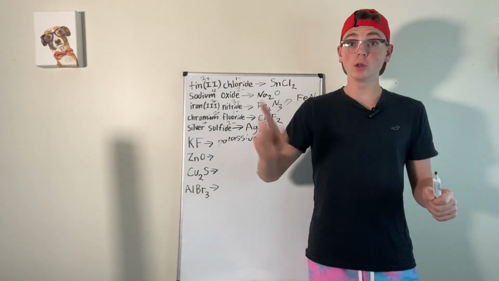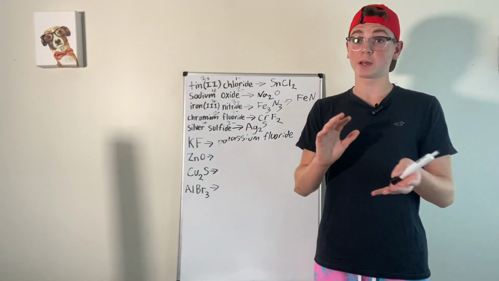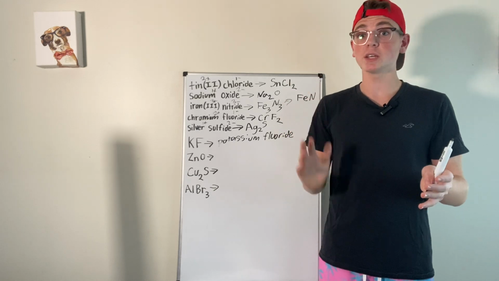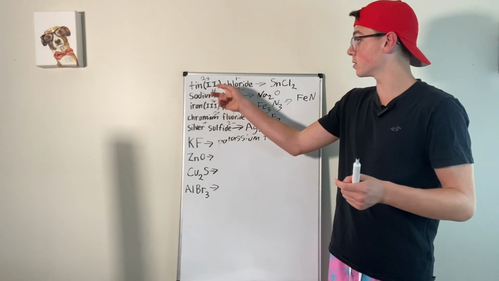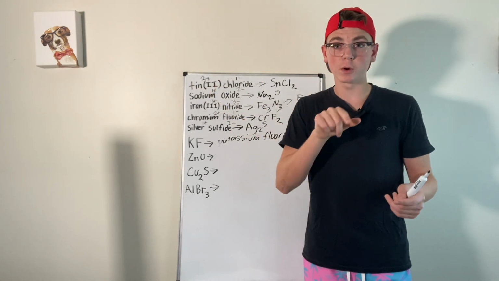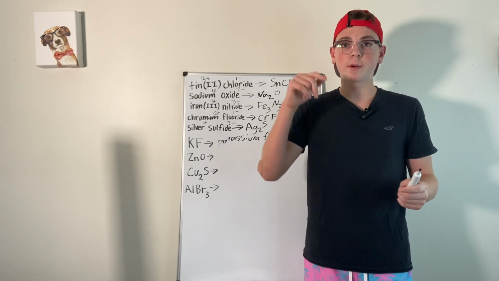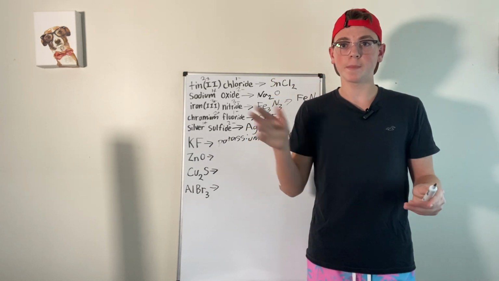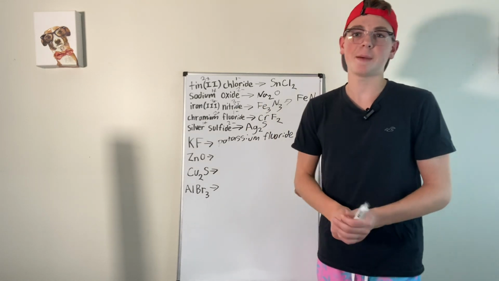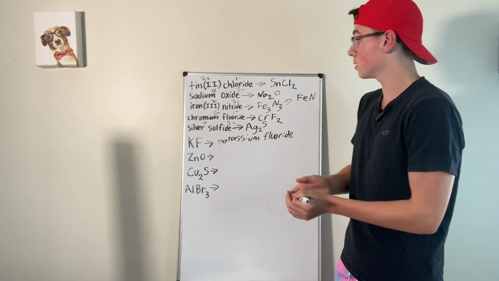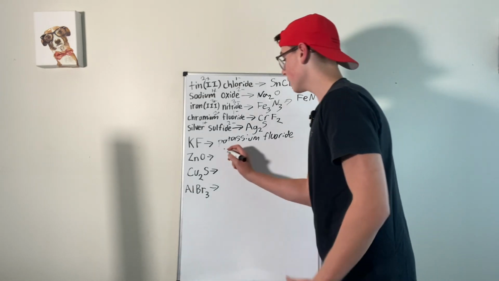No. First, look where zinc is on the periodic table. It is a transition metal. It's very close to not being, it's just on the edge of the rectangle. But it is a transition metal, so you have to have the little Roman numeral, or you could change some of them into different names, like copper 1 is called cuprous, and copper 2 is called cupric. But I'm not going to do that. I'd rather just have the symbol there. It's way easier to remember, easier to understand. So this will be zinc,